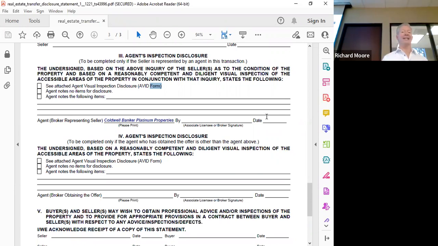And then in terms of providing the TDS, what if I were to provide the TDS to a buyer before they entered into the purchase contract? After the contract is accepted, do they have a right of rescission? Anybody? The answer would be no, assuming there's no subsequent material disclosures made. So if the TDS is delivered before the contract is executed, the right of rescission is no longer available.